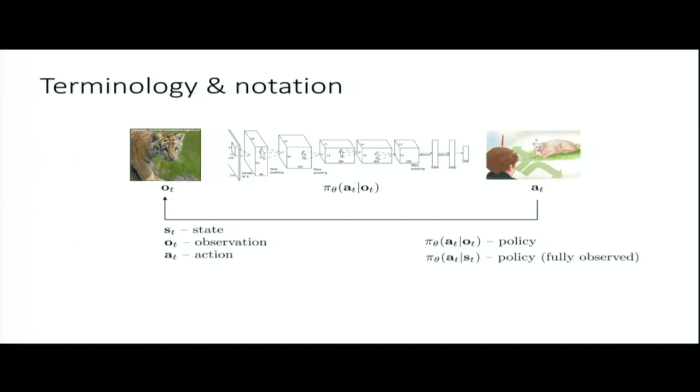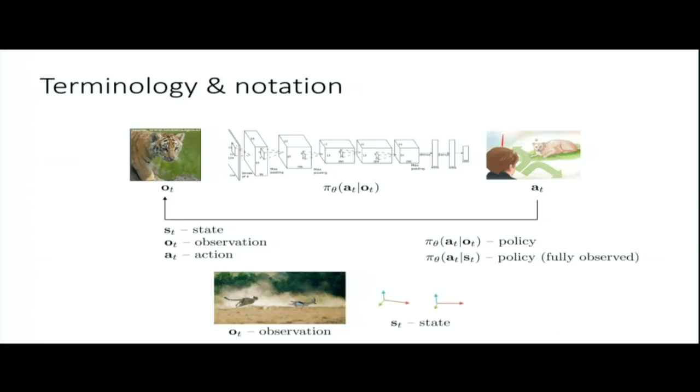So your policy, by the way, can depend on either observations or states, depending on whether you're fully observed or partially observed. So if I see a scene like this, in this case, a cheetah chasing after a gazelle, when I see this photograph, what I'm seeing is the pixels, right? So in the computer, it's represented by a really big array of pixel values. That's my observation. Underlying this observation, there's some kind of real physical dynamical system. So there's the position of the cheetah, the position of the gazelle, there are velocities, whatever other physical factors in the world might influence this thing. And that's the state.